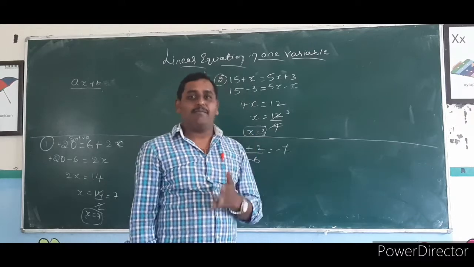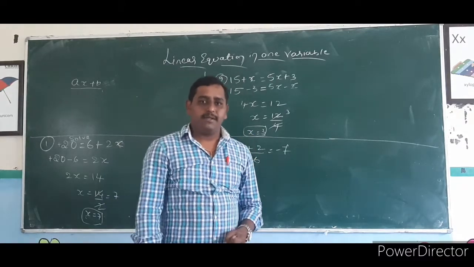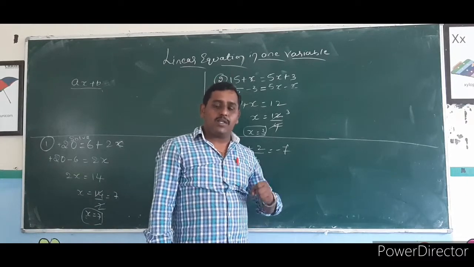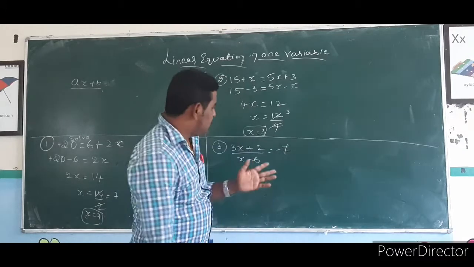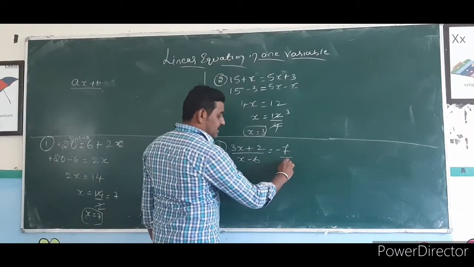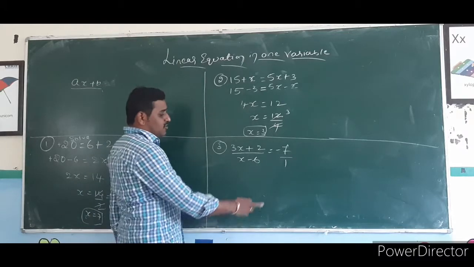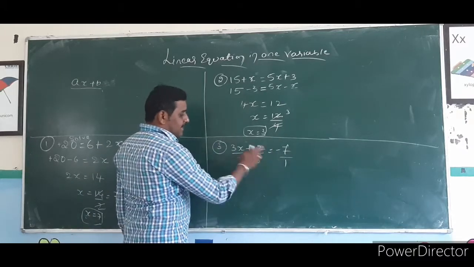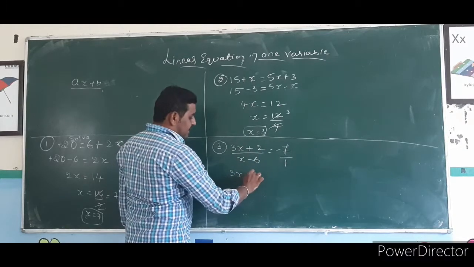No, it is not a tough problem at all. If you concentrate to solve the problem, then you can try 2 or 3 times at home. Then it will also be easy for you. Because nothing is there. Here nothing is there means 1 is the denominator. Just cross multiply. 1 into 3x plus 2.